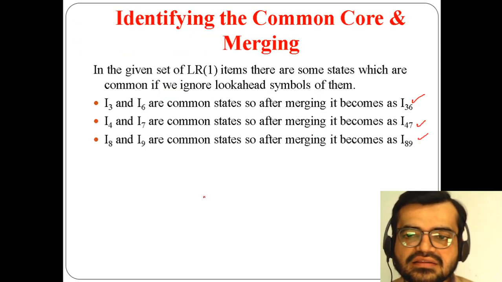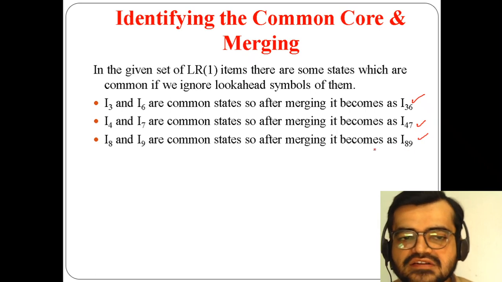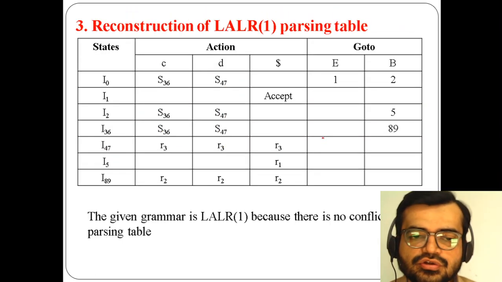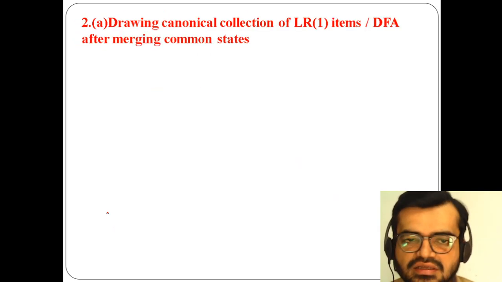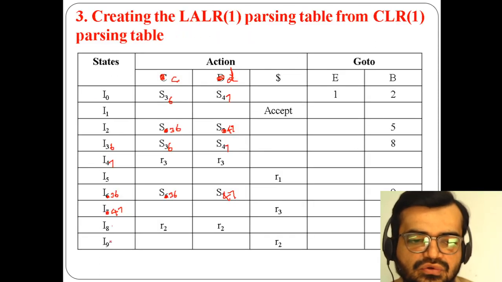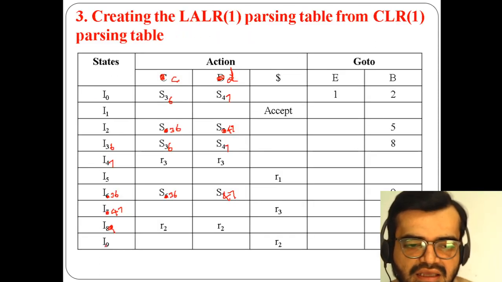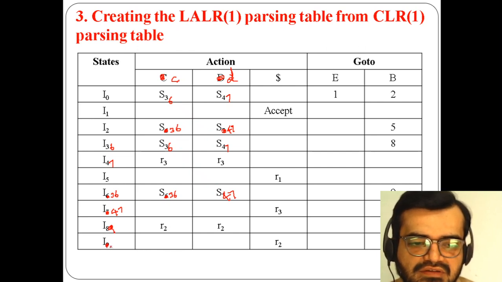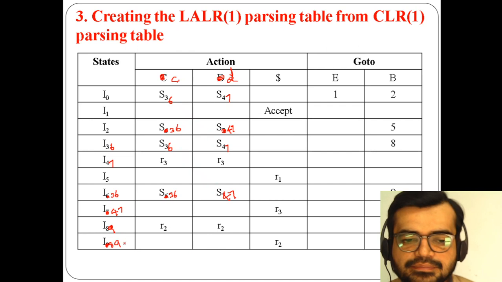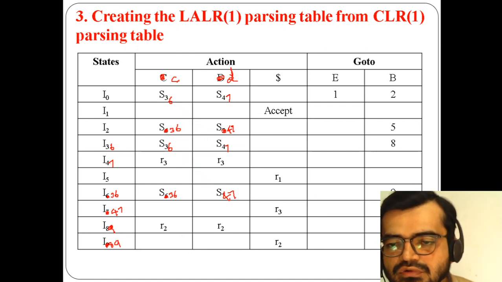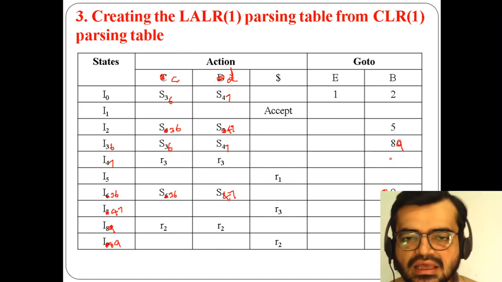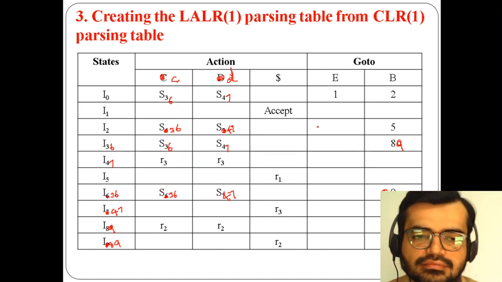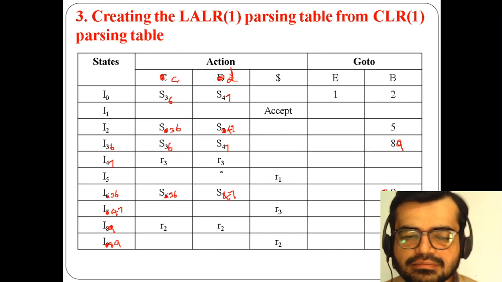Now the third state is 8, 9. We need to merge I8 and I9 as common states. So here I8 and I9, so here I8 is there, you need to make it I8, 9. Here I'm using I8, I just replace it as 89. Here we shouldn't call it 89, because merging means 9 is there, I need to call it I8, 9. And here 9 is there, so I have to make it 89. And here 8 is there, I need to make it 89. Okay, so we have already merged them.